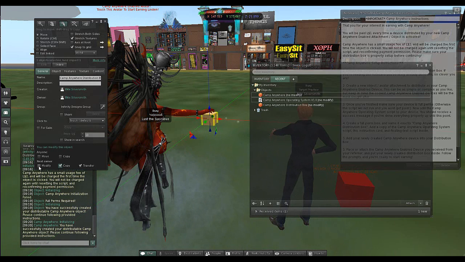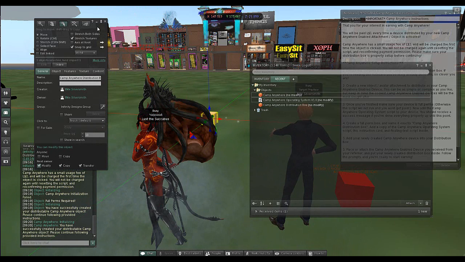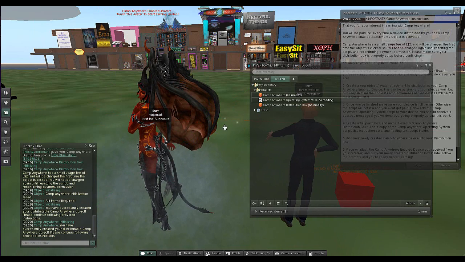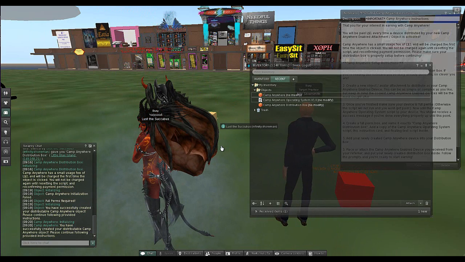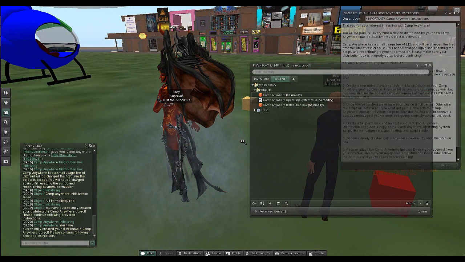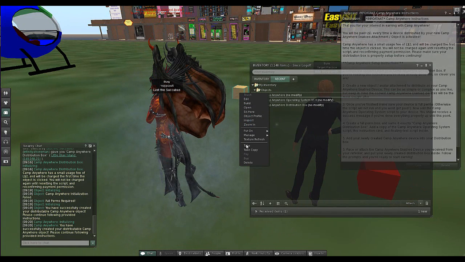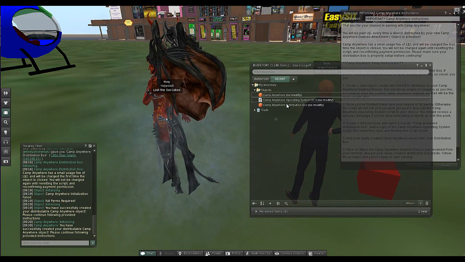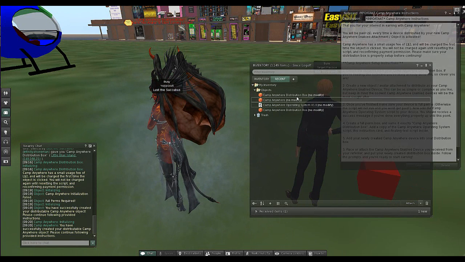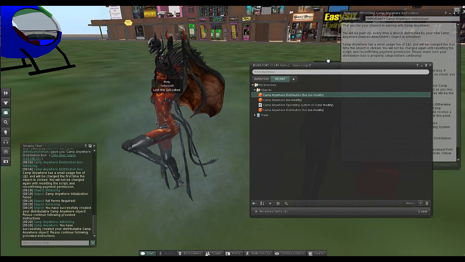Make sure this is full perms, that way they can get everything out of it fine. And going to go ahead and pick this up. So now we have a Camp Anywhere enabled device that we've created put inside of a Camp Anywhere distribution box